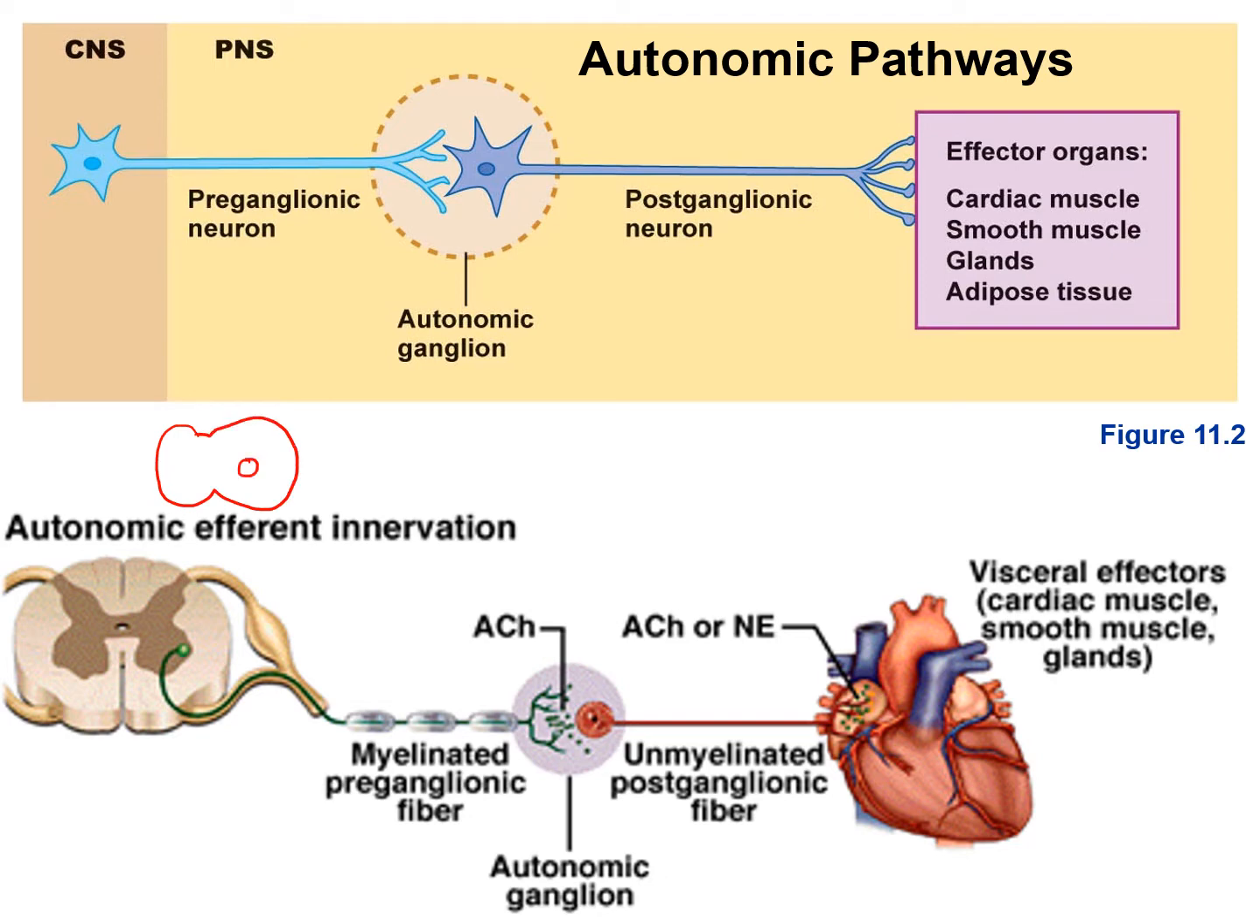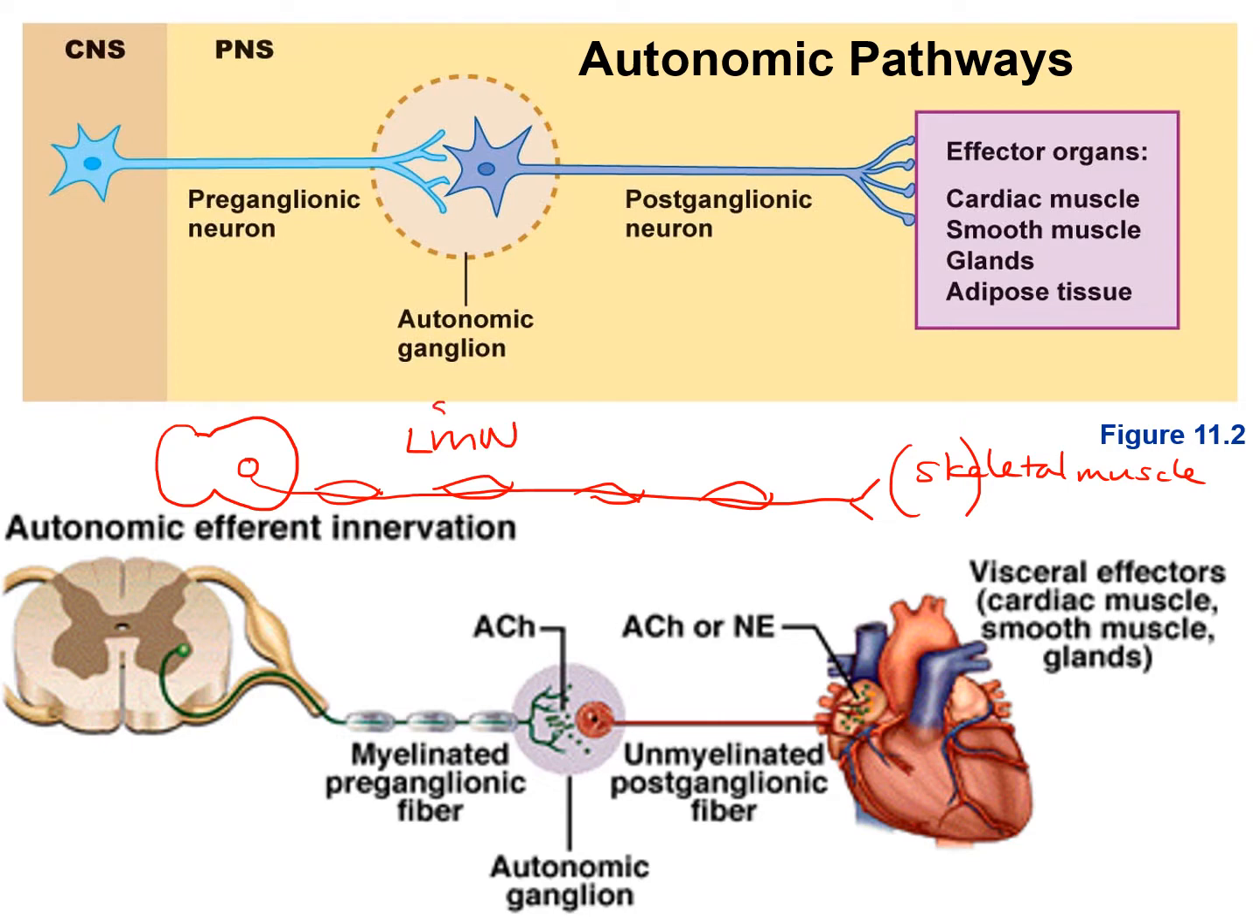So if we take our lower motor neuron and then go out to our skeletal muscle, and this one would be myelinated. So this lower motor neuron, let's say somatic motor neuron, we only have one to go from the spinal cord out to the skeletal muscle, and that's really different from the autonomic nervous system